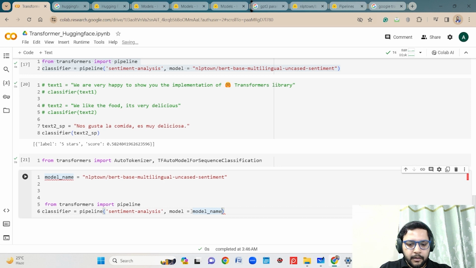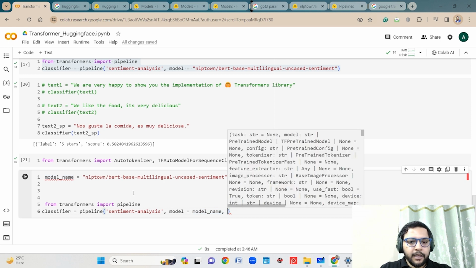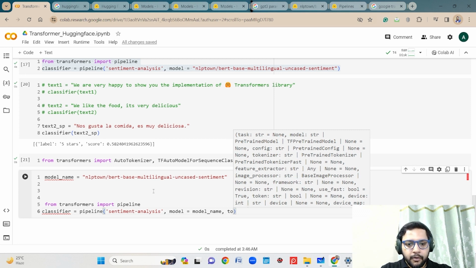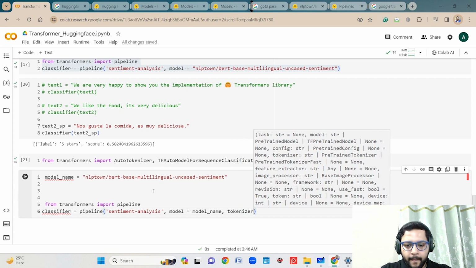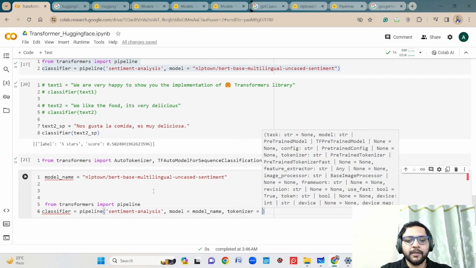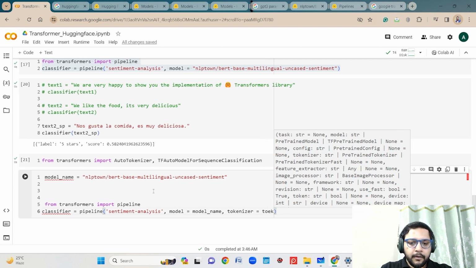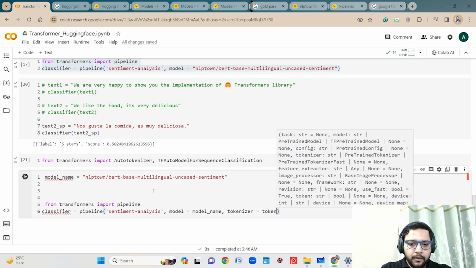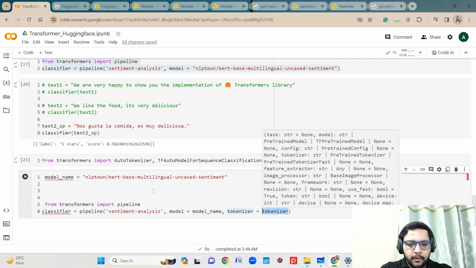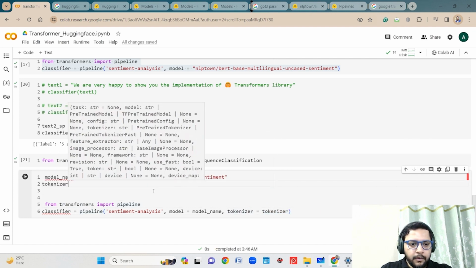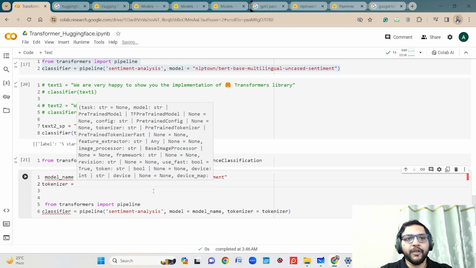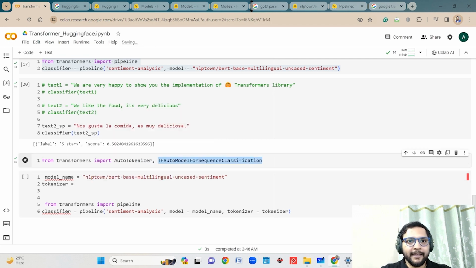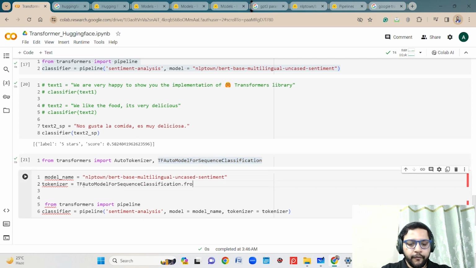And I will be using what? The tokenizer. So tokenizer is one of the parameters to this pipeline. And what tokenizer I will be using, that I have to explain. So here I have to explain which tokenizer I will be using. So let's take this one, and I have to put